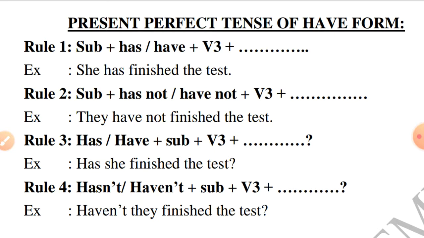So in this also we can frame positive sentences and negative sentences, and we can frame interrogative sentences. Okay. So present perfect tense means what? An action that started in the past and continues in the present. So it has already started but it is still continuing. And past perfect tense means it is completed just before.